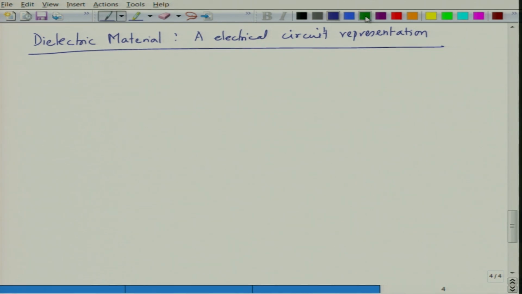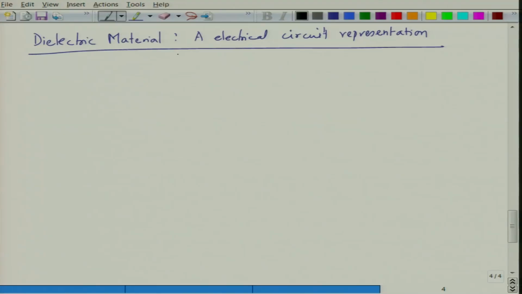So, when you do characterization of dielectrics, often you need to model the dielectric properties, and the modeling requires the material to be represented in the form of an electrical circuit. An ideal dielectric material will have only capacitive contribution, but in real life a dielectric is hardly 100% capacitive. As a result, it tends to have resistances in it. So, how do you model those capacitors and resistances for a dielectric?